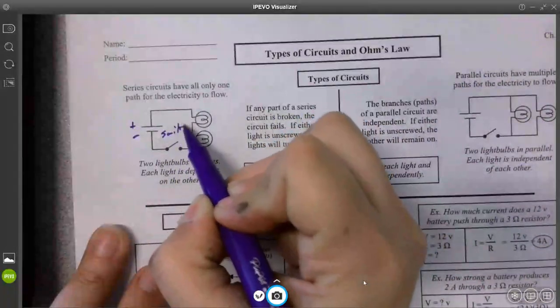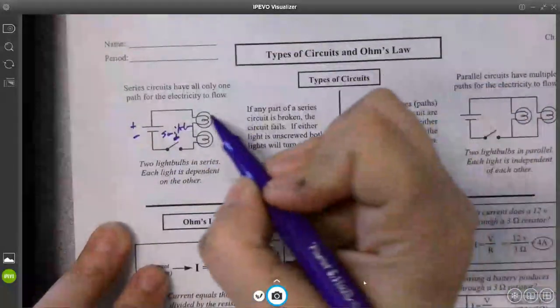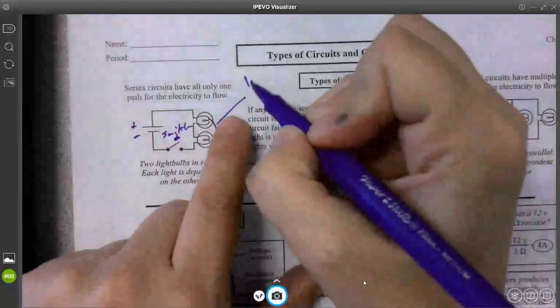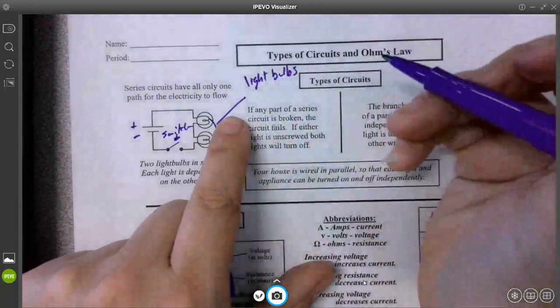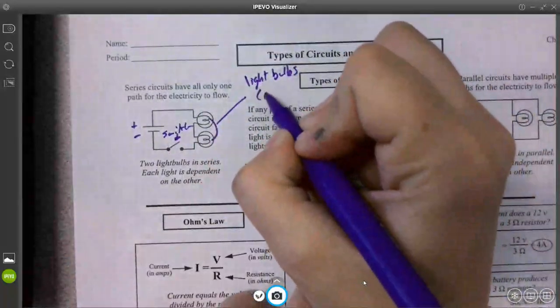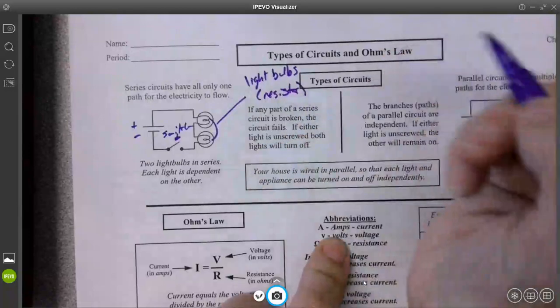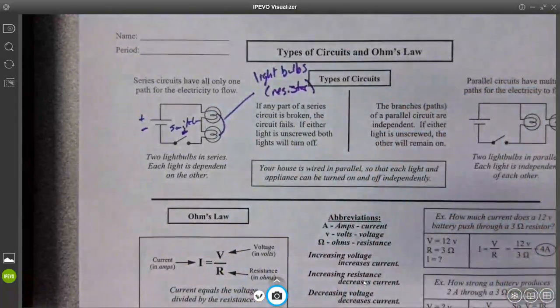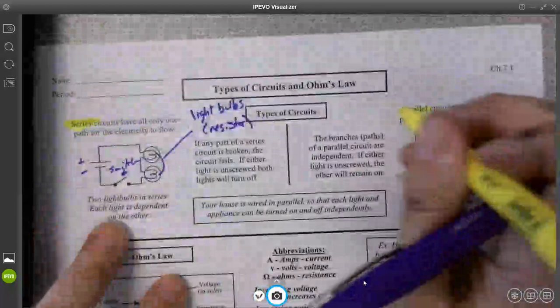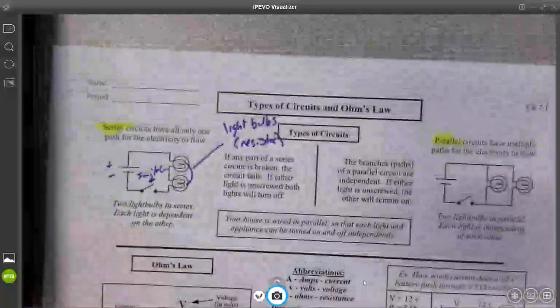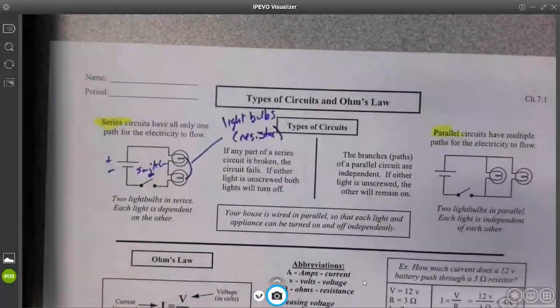And we'll go ahead and label that. That is a switch. And you have two light bulbs right here. Light bulbs are a form of resistor. That means that they control the flow of electrons. And again, we're looking at series and parallel. These are both examples of closed circuits that will actually produce electricity, and we can use them depending